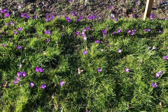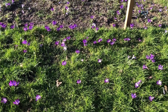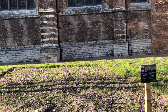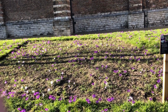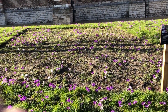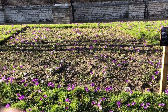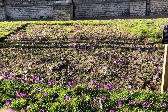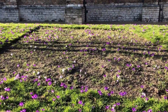So these are crocuses, and this is the crocus vacation? Yeah, that's what they call the spring holiday here, crocus vacation. And as you can see, they're actually sown into a lawn. So the rest of the year, this will just be grass. But then suddenly, these crocuses pop their heads up through the lawn, and it's absolutely fabulous. So it's like guerrilla crocus planting. You never know. Or like the Spanish Inquisition, you never know where